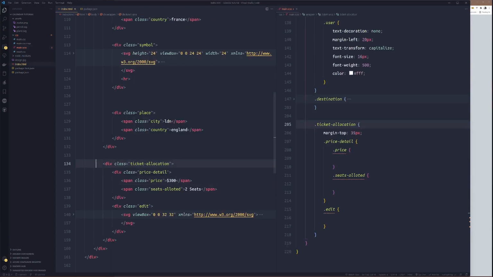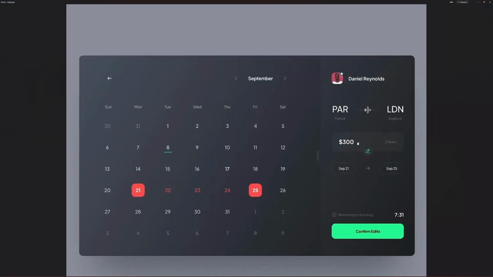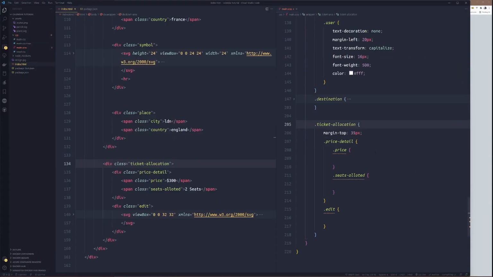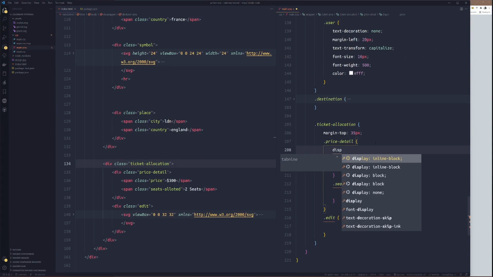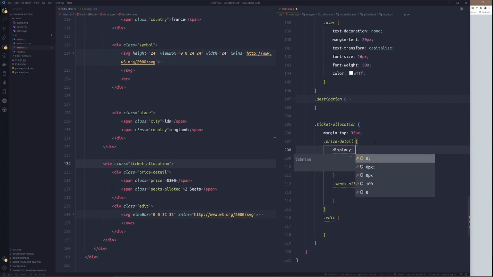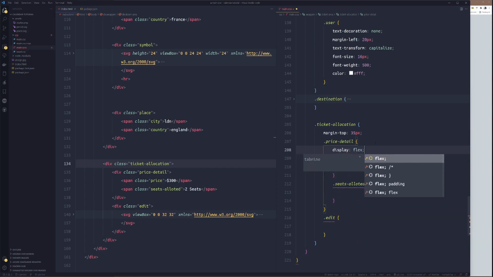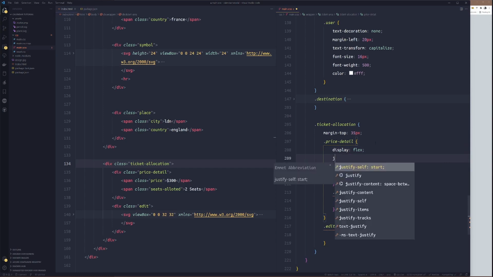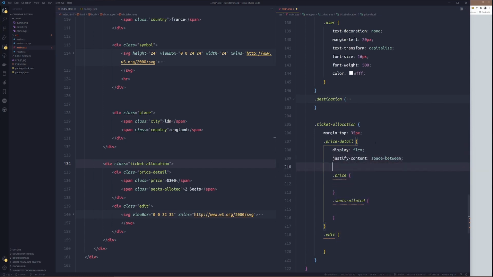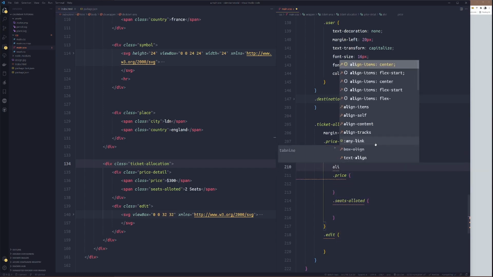So now, inside the price detail, we need to space this this way. So definitely we'll give a flex property. Display flex. We justify content with space between. Then align items to center.